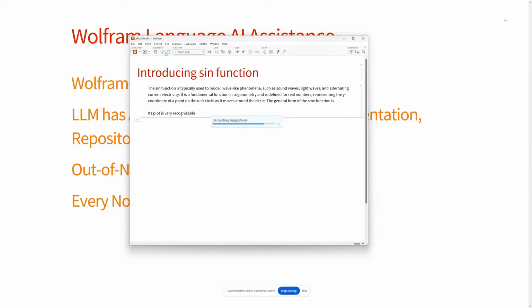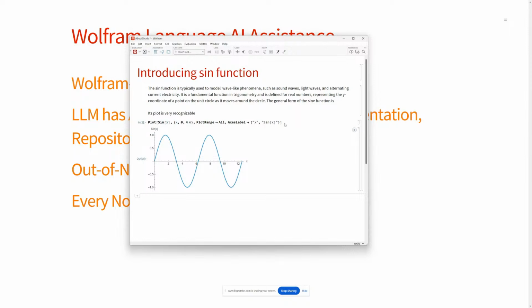So if I click the suggestions button now, this time I haven't got the cursor in a text cell. I've got it in a computation input cell insertion point. So it comes up with a sensible piece of code that I might want to insert there, and I can accept that. I could say, well, maybe this wants some options. So if I put the cursor inside the code and click the button, then it suggests some options here. Maybe I want to have some axes labels, and eventually, oops, I've got too many brackets there. And there's our synthesized code. So that's contextual awareness of where you are, the kind of thing that you're in the middle of doing. If I select some broken code and click the button, it'll suggest ways to fix the code. There's much more context awareness in the